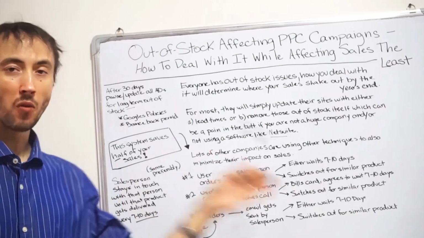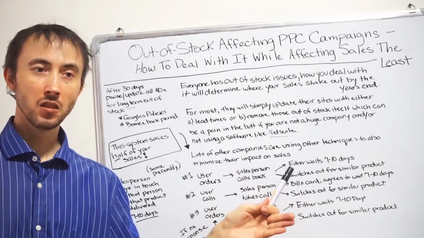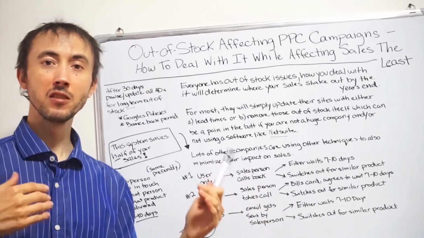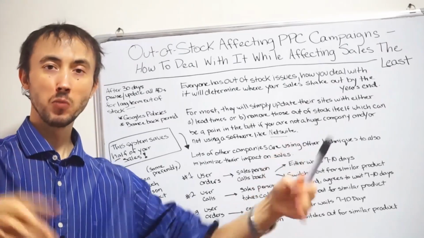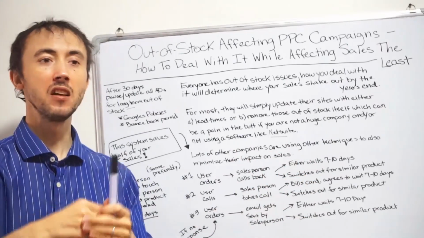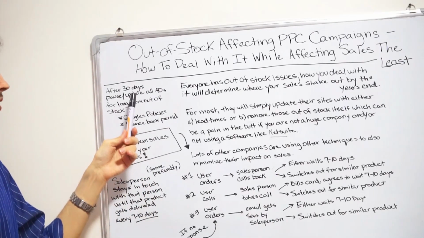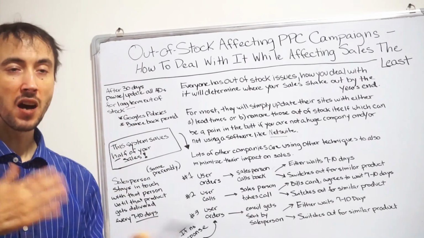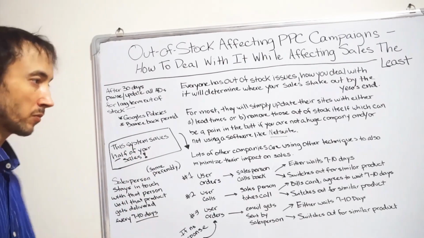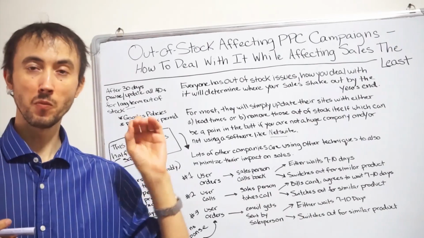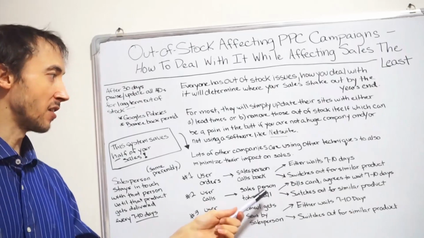That's why this overall plan is a much better plan for most people to protect the amount of sales that you regularly need to expect coming in. Protect those as much as possible with this plan versus just the immediate: it's out of stock one day, ads are paused. So again, once a month you go in, pause the ads that need to be paused, at least for the text ads, and unpause the ones that are now in stock. And that's for anything that's more than 30 days out. Otherwise, within 30 days, you're going to try this system.